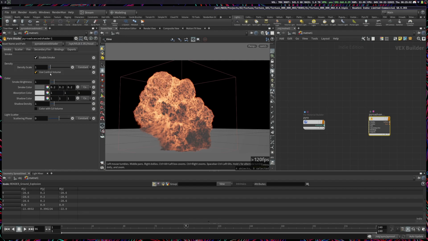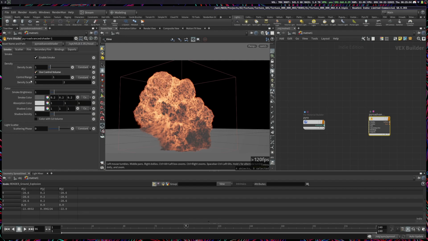When you enable this, it fits the temperature values from this range and uses them as a multiplier on your density. So if your temperature is 0, your density will be multiplied by 1. It'll stay the same. If your temperature is 1, it'll multiply your density by 2. So to recreate this,